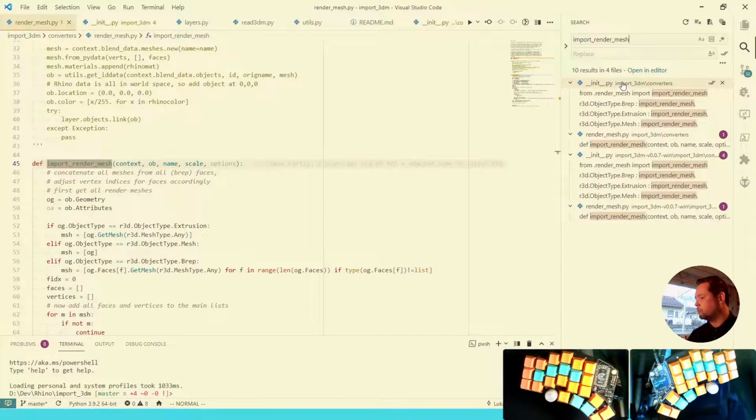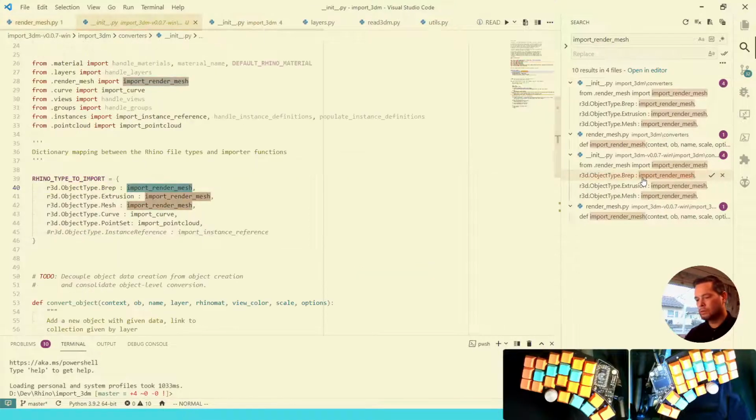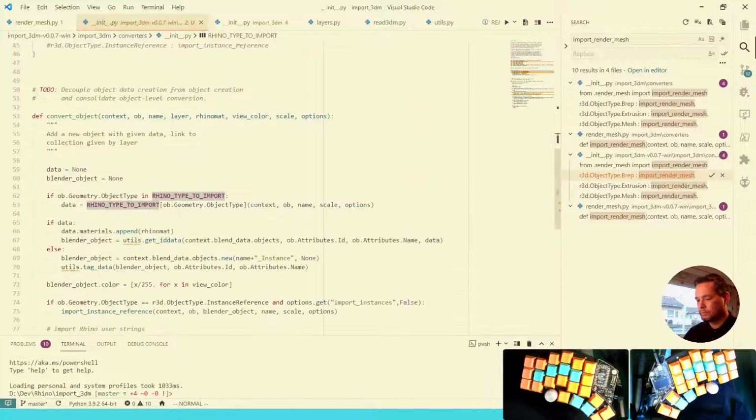So where we add the mesh data to the object. Let's see. I see we're being right. So